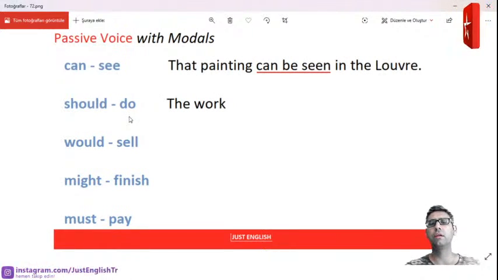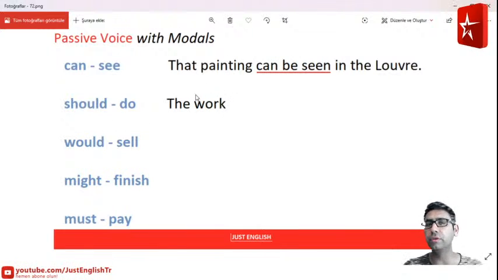The work. Okay, so there is a work. Remember, this is not a verb. This is a noun. The work,